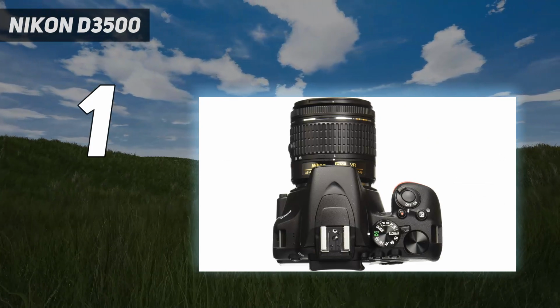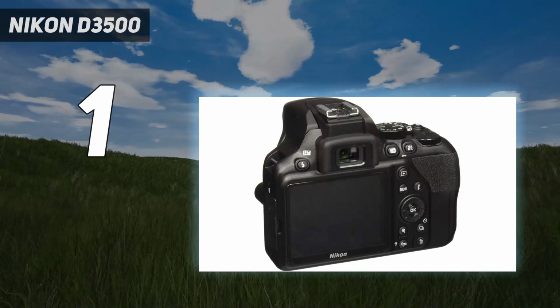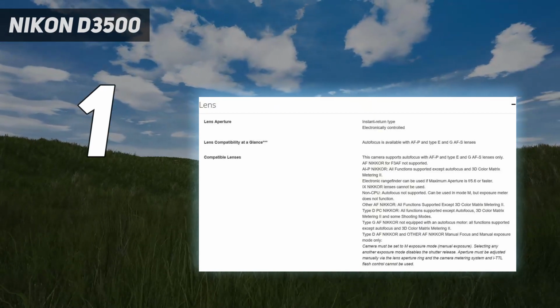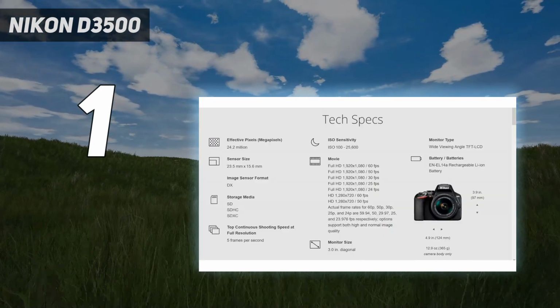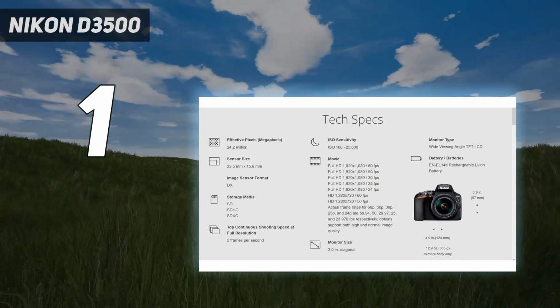While it's also worth considering the mirrorless alternatives in our guide, the D3500 is the most user-friendly option in this list, particularly if you want to use it with longer lenses. In our tests, we found that it delivered high-quality images and was super easy to handle and understand, particularly for